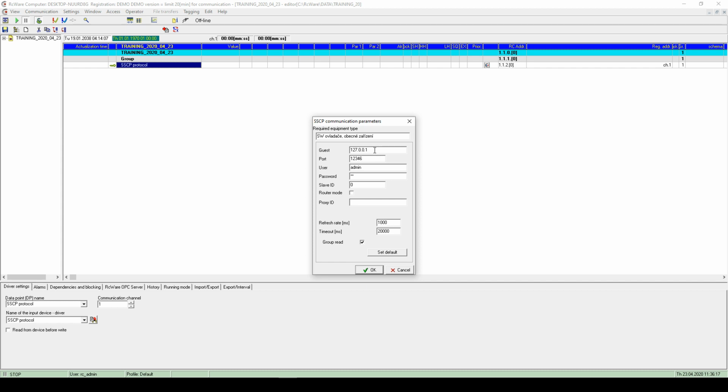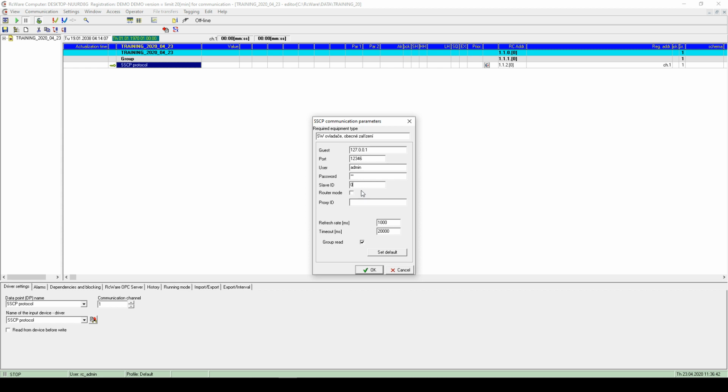But for the new ones, for the Mark series or Wall, you use this port and its IP address. Then the user and password, and this slave ID or router mode is used only when you want to communicate with SCADA through the Modbus RS-485